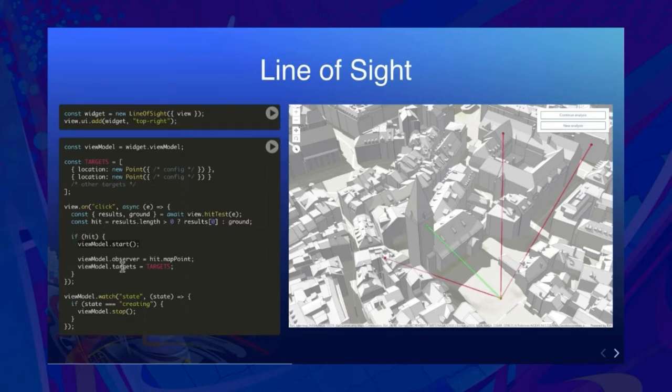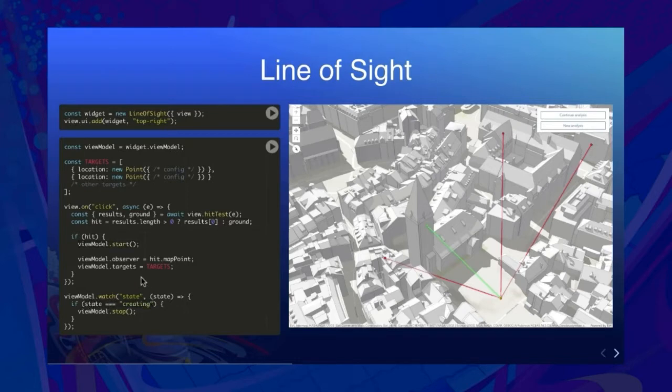Then I set my targets, just the targets I had here. Remember, the points on the church tower. Finally, there's this little bit of code here, and all it does is it switches the view model to the stop mode whenever it starts